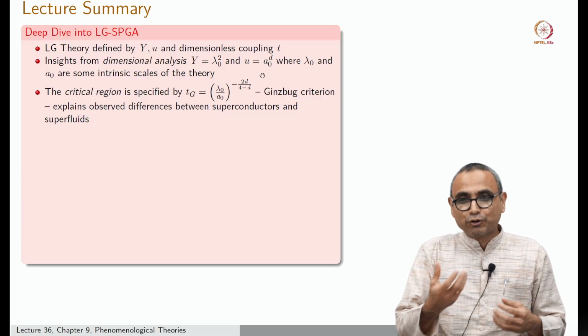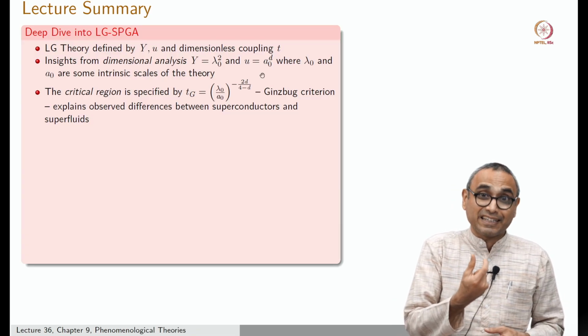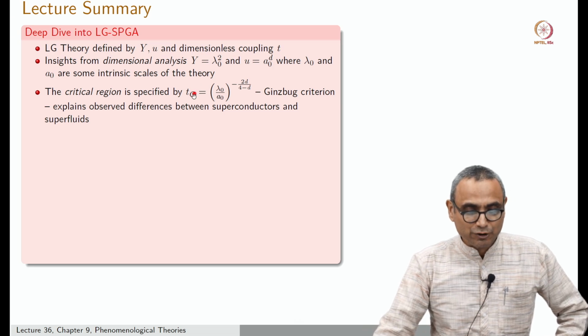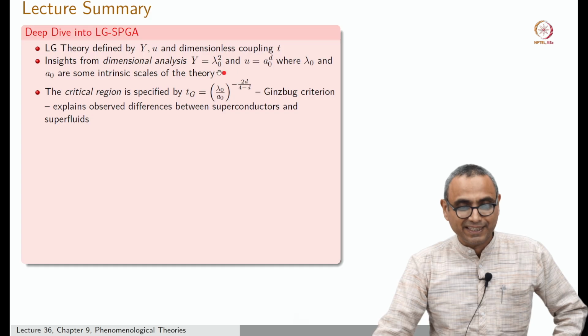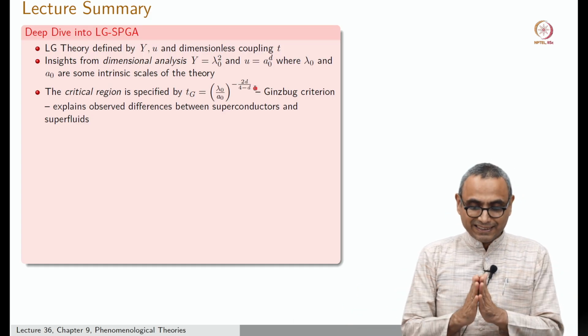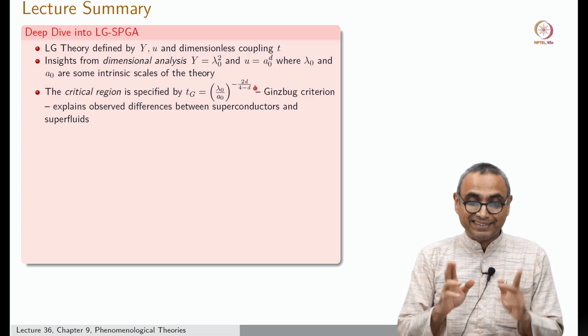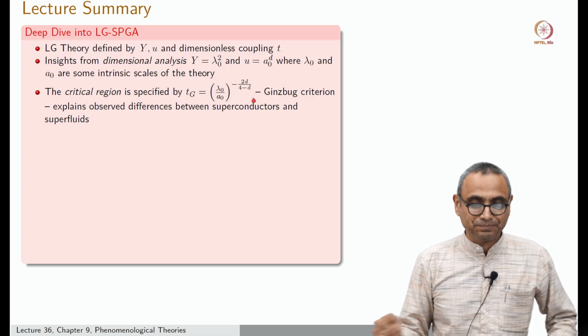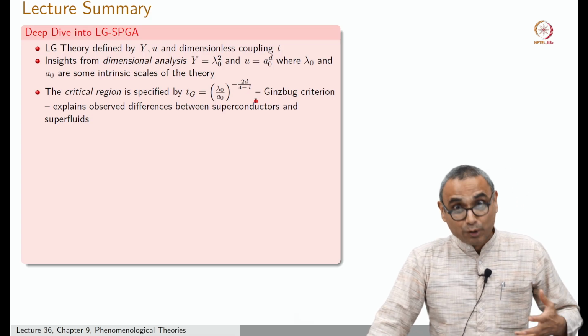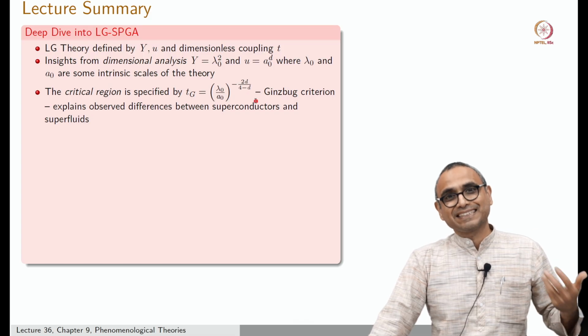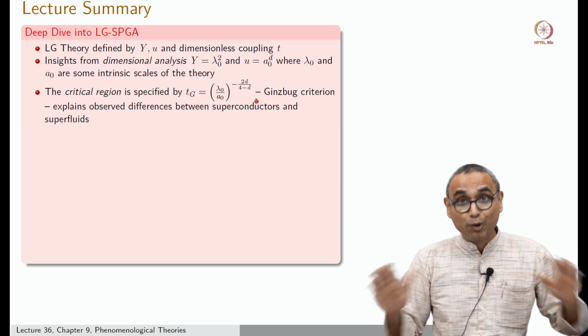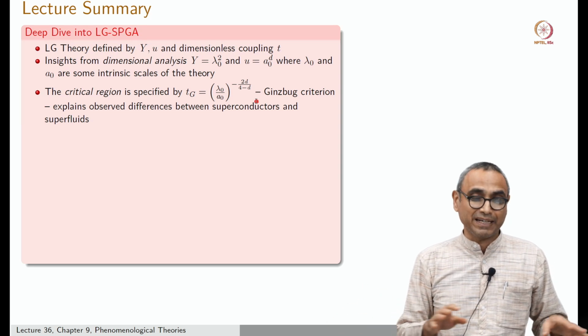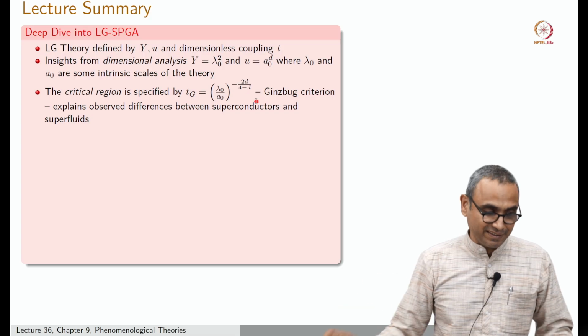and we were able to show that to see fluctuation effects, you have to be within a regime of the critical point, in some dimensionless distance to the transition, determined by the parameters of the theory, r and u, and they are given in terms of this length scale. So we found out what is called the Ginzburg criterion. If you are not within this distance to the critical point, you will not see any significant fluctuation effects. This allowed us to rationalize why there is a difference between superconductors and superfluids, both of which are undergoing an O(2) or U(1) symmetry breaking transition.